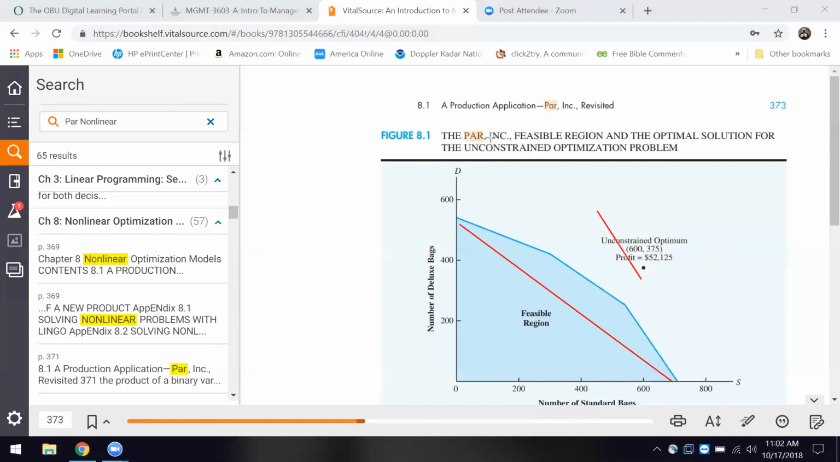Let's see. I don't want to do that. I'm going to do that, and I'll do a circle. Okay. Now, this